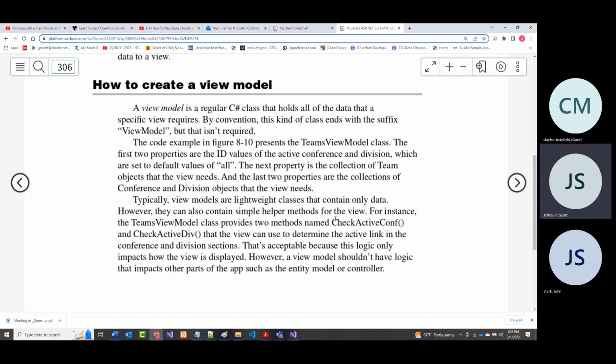Now, I don't want to go and create the view model right now. Not until I get this other thing fixed. But notice what it says. It's a class and it holds the data that a specific view requires. What that means is this is going to be used with just our index view, basically. You don't have to end it with view model, but